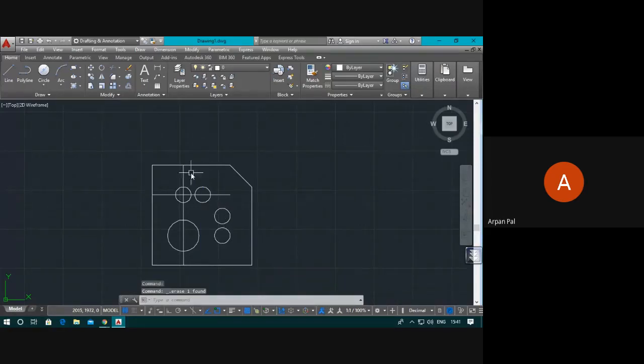Now your reference selection is done. You can remove the reference lines. Now when you keep these reference lines, then obviously your drawing will be much more representative.